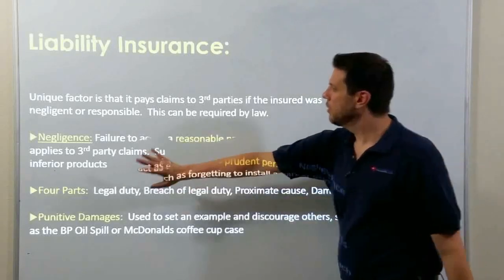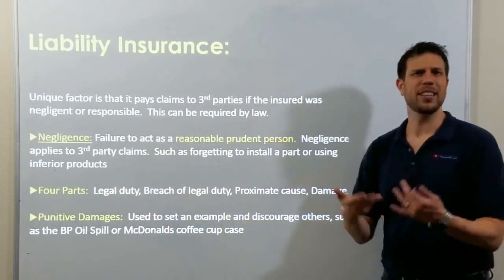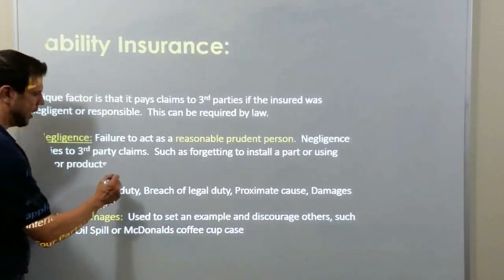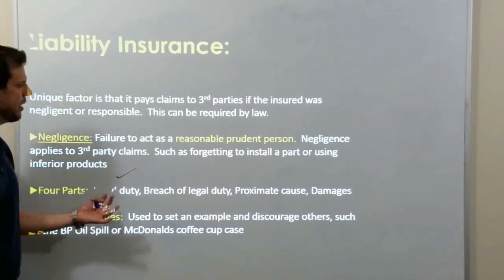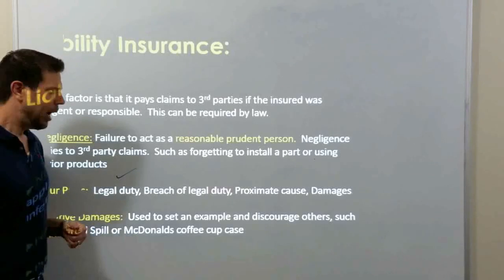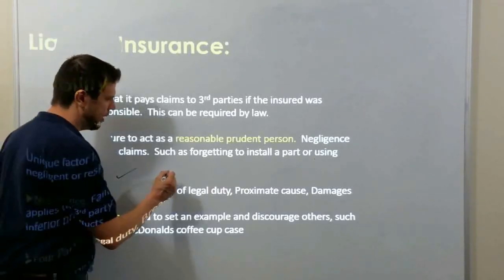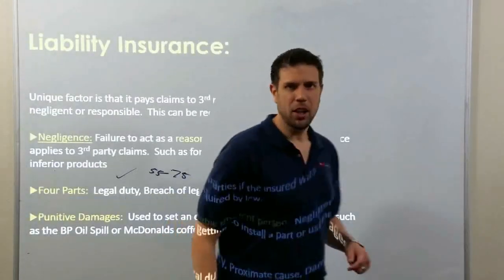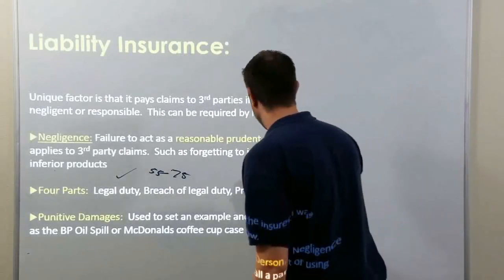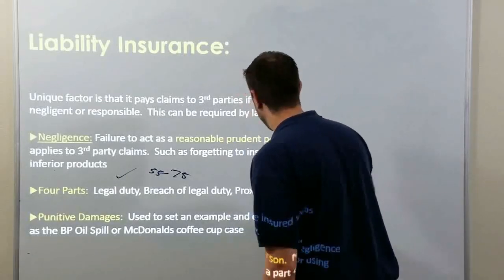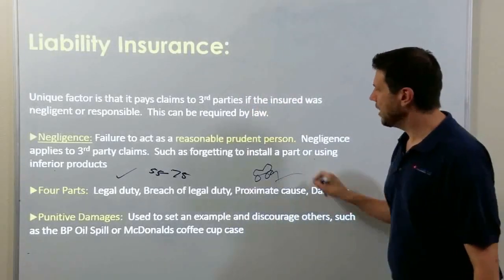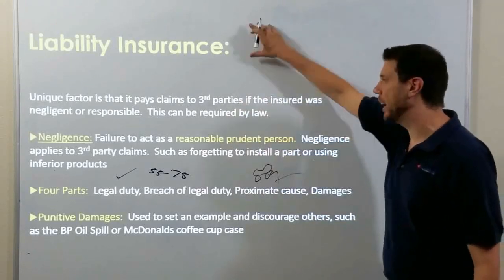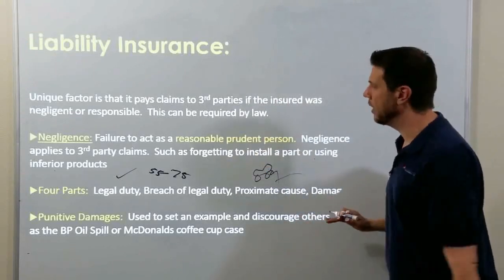The first question is, did you have a legal duty to act? So let's say you were speeding and you hit a car. Legal duty, you were not supposed to be speeding. You were not supposed to hit that car. So you did have a legal duty to act properly while driving. Breach of legal duty. Did you breach that legal duty? Yes, because you were doing 75 in a 55. Proximate cause. Are you the reason for the car accident? Yes, I wasn't driving well and I hit a car. Damages. Were there damages? Yes. Now that you have the 4 parts, you've met the negligence, so you are now liable for any acts that happened during that accident.